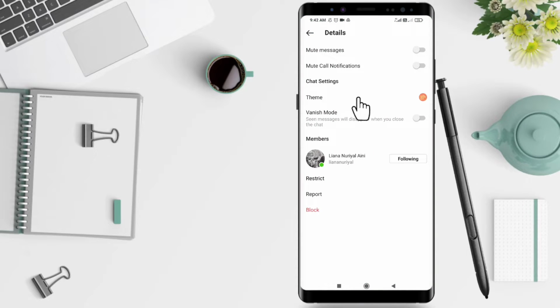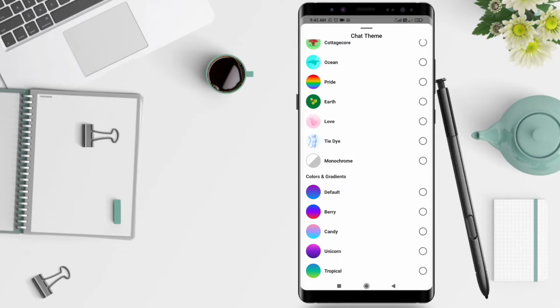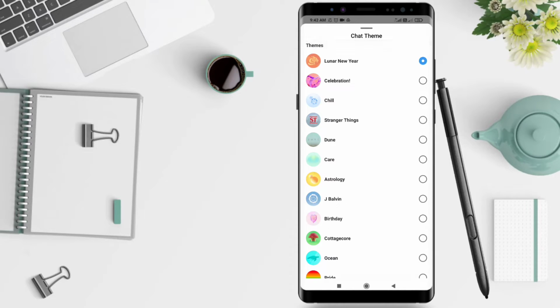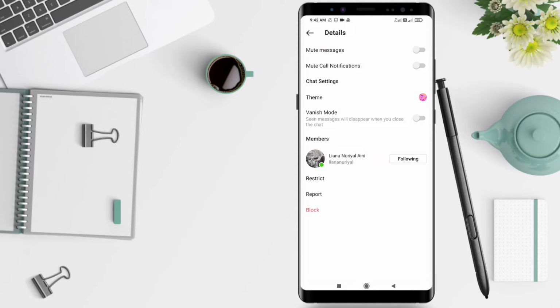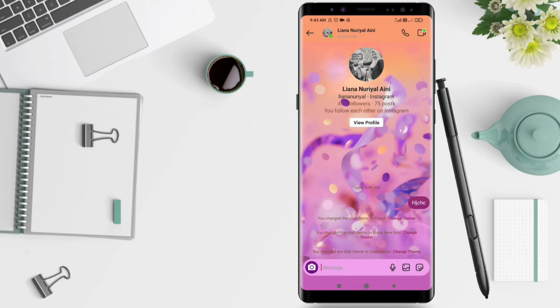and you click theme. There are so many themes here, you can choose one of them. I choose the celebration and go back. Yeah, the theme is changed. This is a tutorial on how to change the theme of the direct message